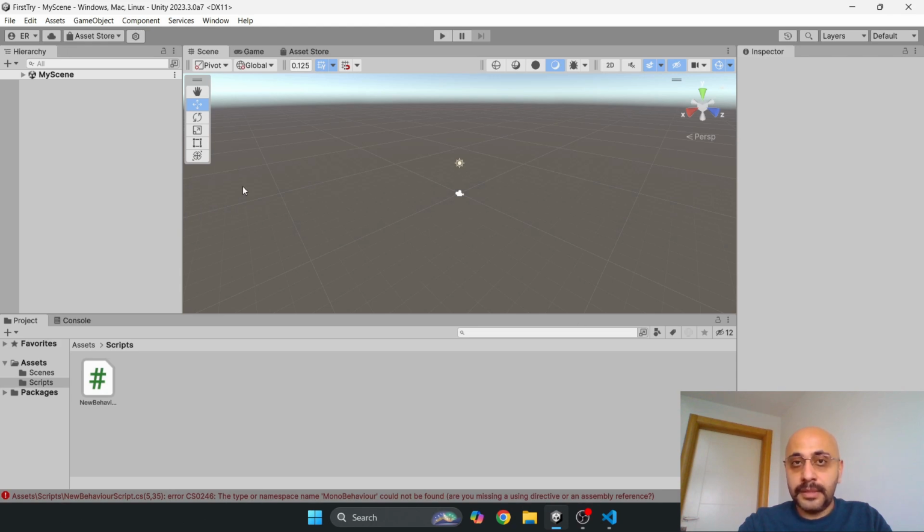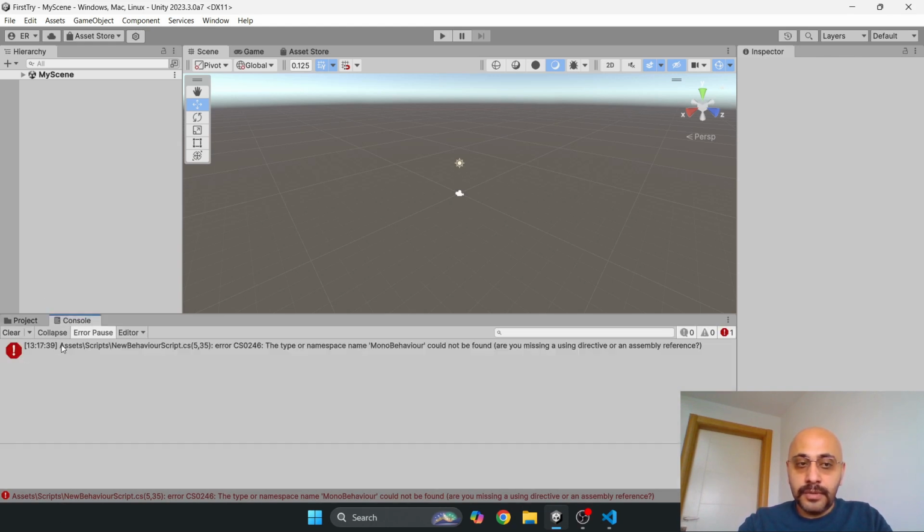Basically, it means that there is an error in at least one of the scripts that exist inside your project. And to get more information, you can go to the console and it tells you that that script exists here inside the assets and scripts folder. Name of the script is this one, and on the fifth line of it there is an error. The error is this. That error comes from